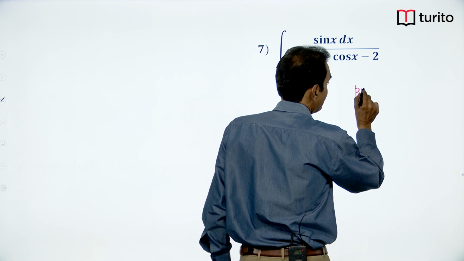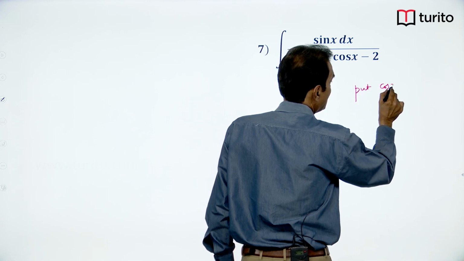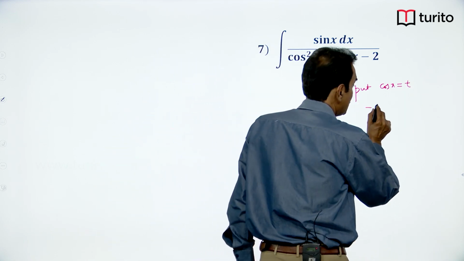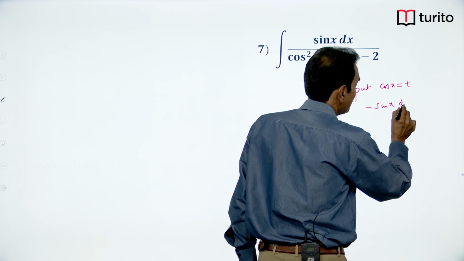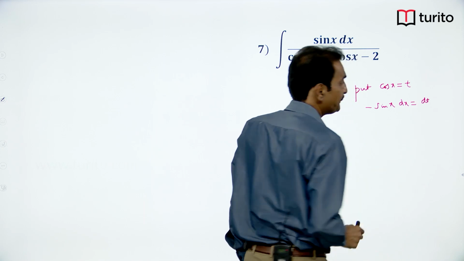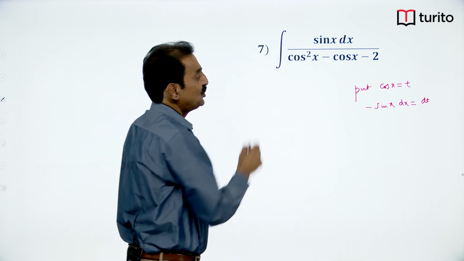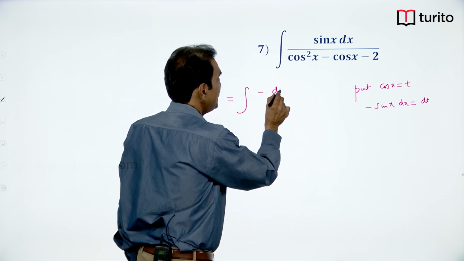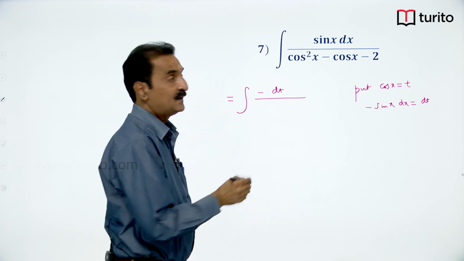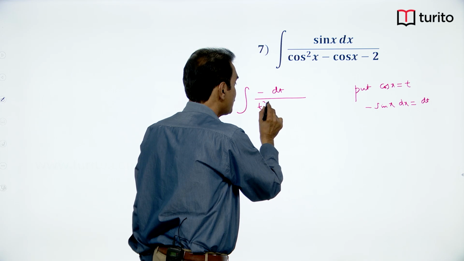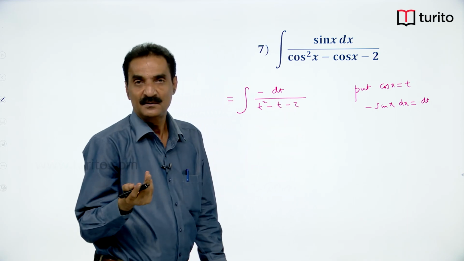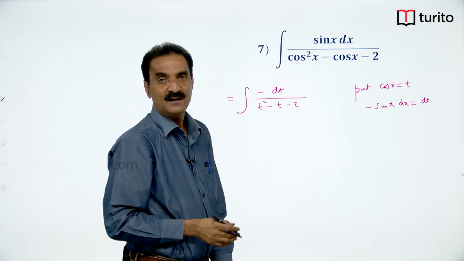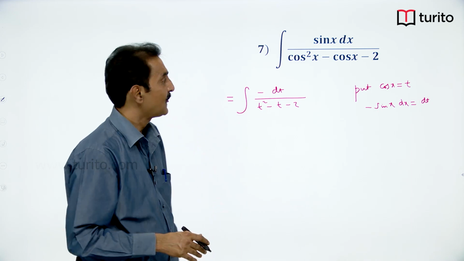Put cos x is equal to t, then its derivative is minus sin x dx is equal to dt. Then numerator will be minus dt. It is equal to minus dt by t square minus t minus 2. Now, it is a normal question. We have already solved this model. You can factorize the denominator, then do by partial fractions, you finish yourself. Next question,